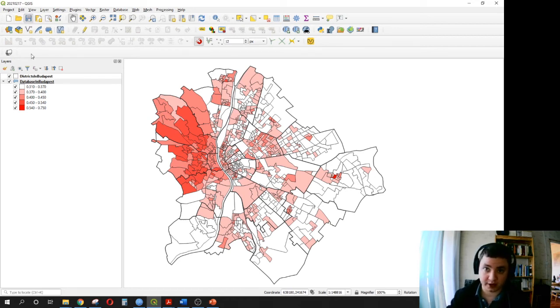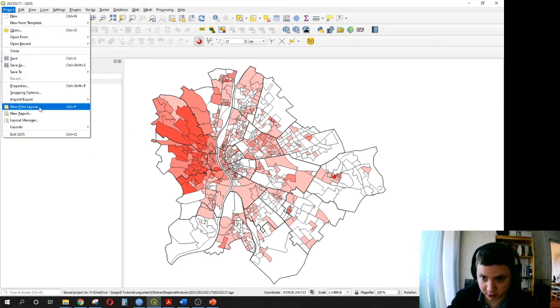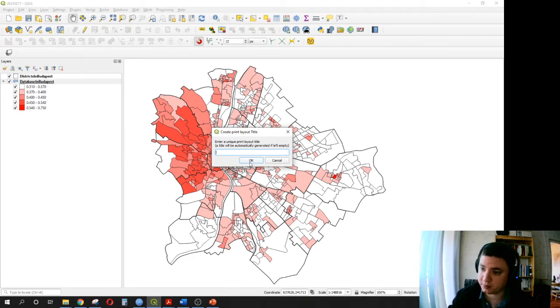So we are going to create a map, new print layout, ISCO diversity, okay,